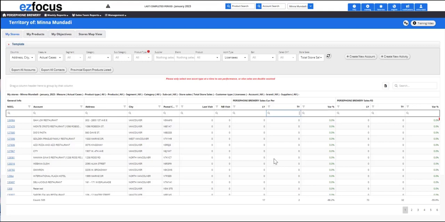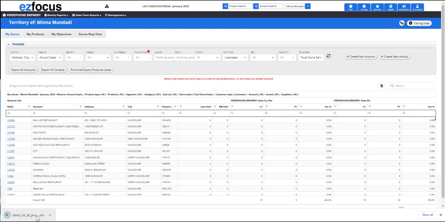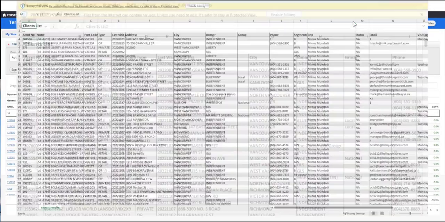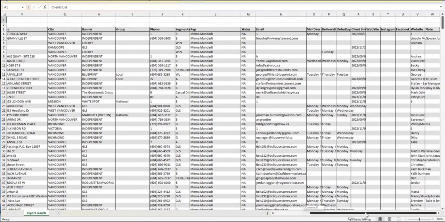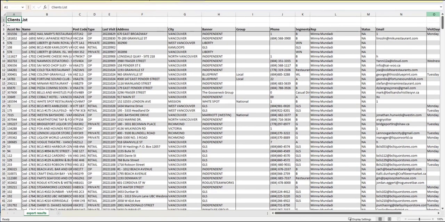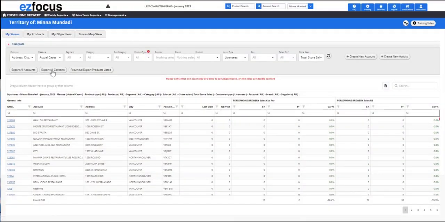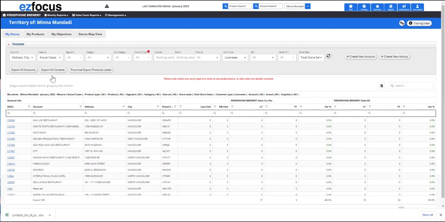From this page, you can also export all of the accounts into Excel. So all of the store information will show up in this export. And you also have the export all contacts. This is all of the contacts that you have entered into the system for all of the accounts. So if you're doing an email blast or anything like that,